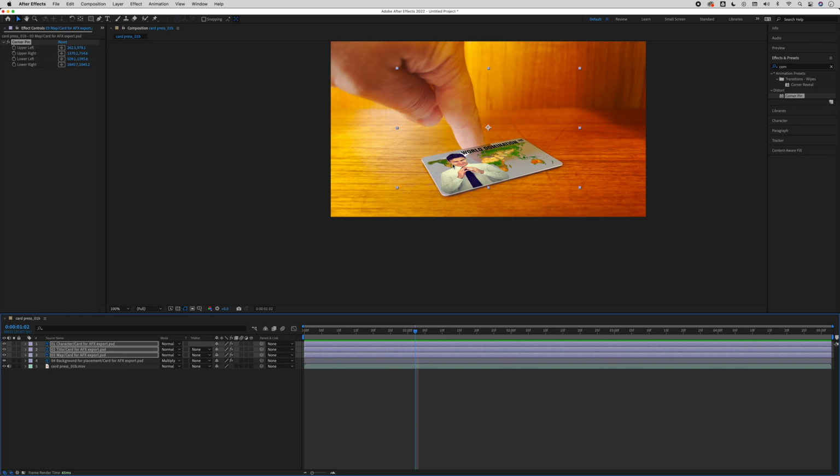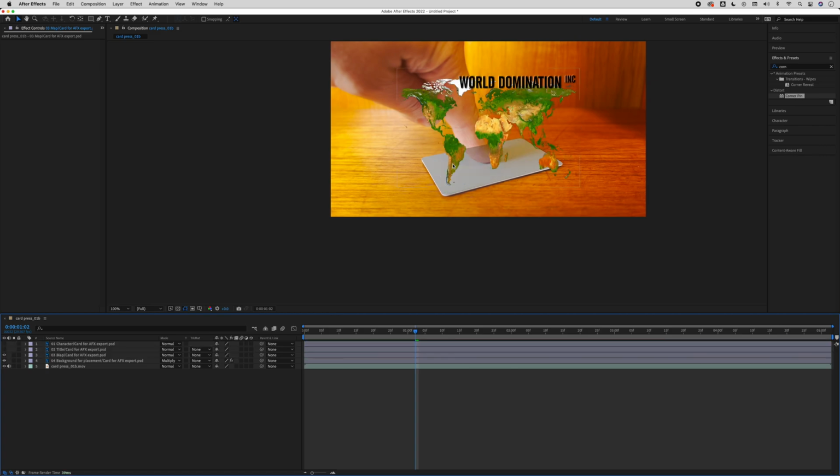Remove, delete that previous Photoshop file, re-import it, and make sure you bring it in as composition, and do not retain the layer sizes so they'll fit to the document. Now I've actually missed a step, but I haven't gone too far, so let's jump back. We are going to be animating this, so I'm going to hit Command Z, Command Z. Let's bring it back,